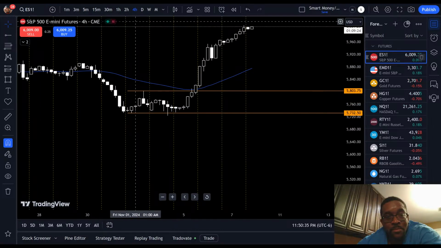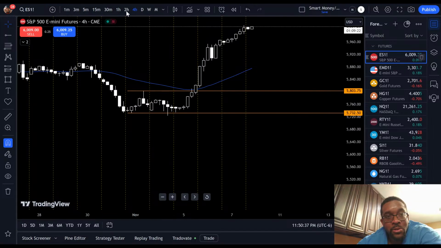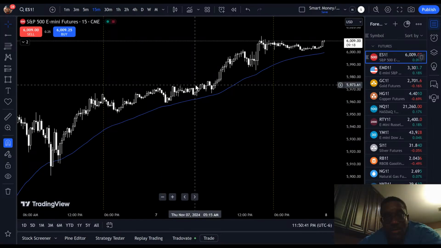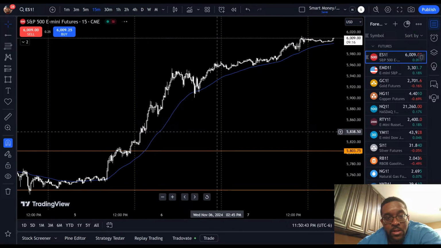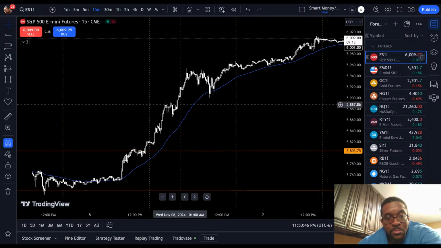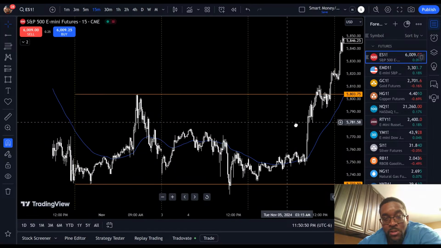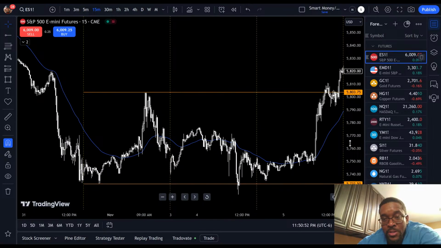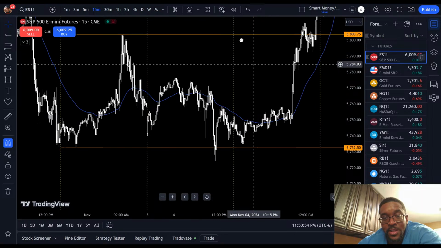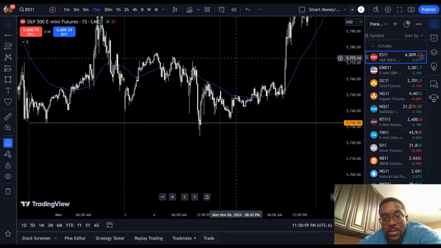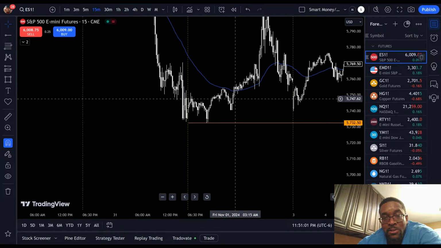Okay. So normally I would go straight to the 15-minute time frame. Looks a little choppy right there. On a 15-minute time frame, what I like to look for is a smaller 15-minute sweep inside of that 4 hour sweep. And as you can see, we got it right here. Now, you might not always see it.